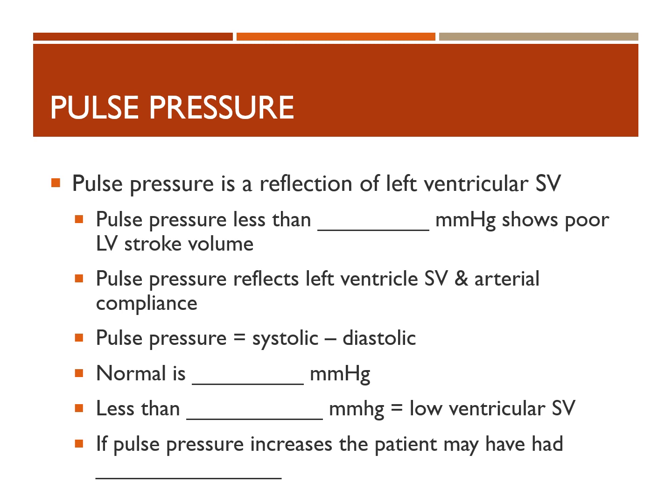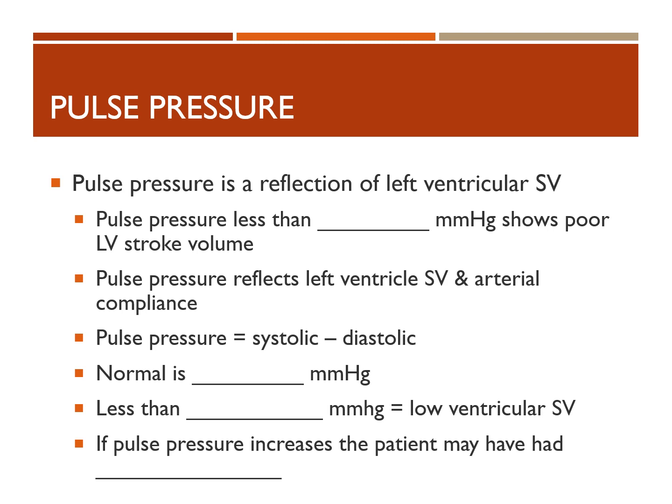So pulse pressure, it's just the difference between your systolic blood pressure and your diastolic blood pressure. No fancy calculation there, just subtract the two. Normal is, we said it before, 30 to 40 millimeters of mercury. Less than 30 shows poor left ventricular stroke volume. Those are numbers you need to remember. I will ask you that again. Less than 30 millimeters shows low ventricular stroke volume. If a pulse pressure increases, the patient may have had